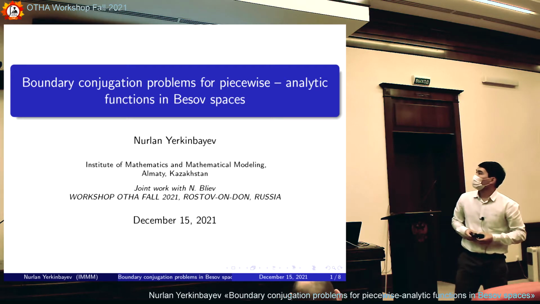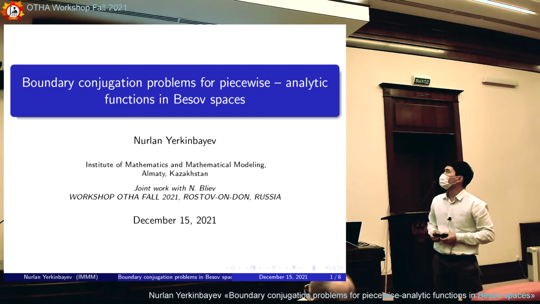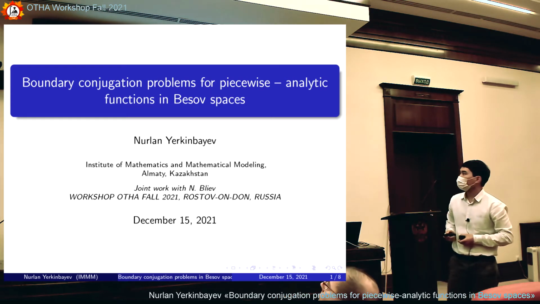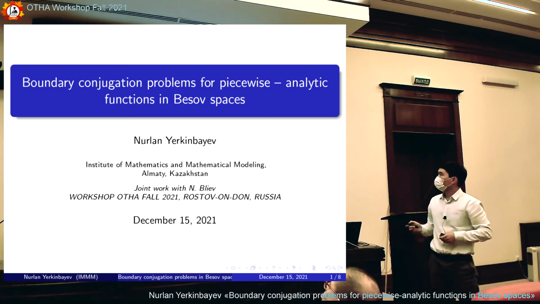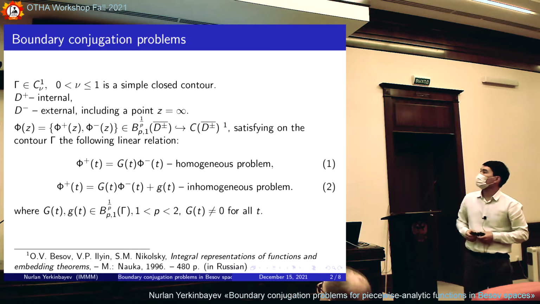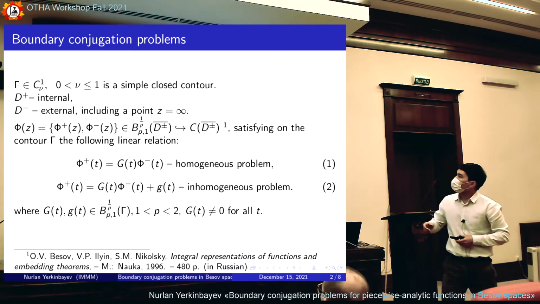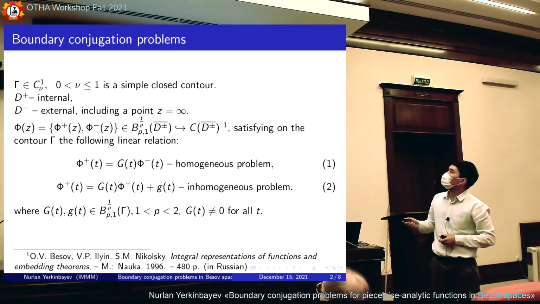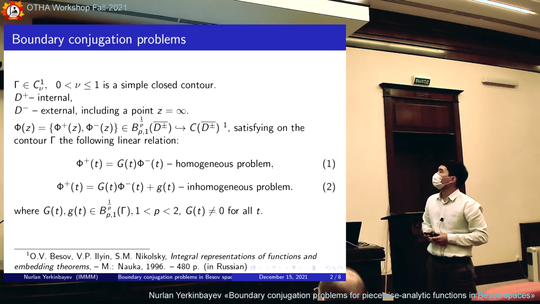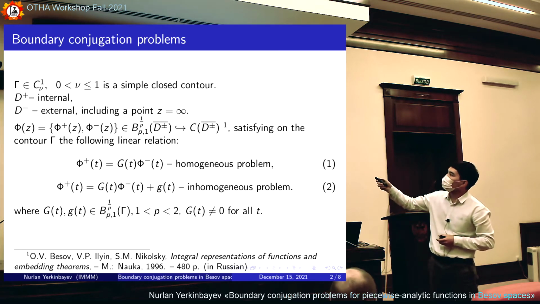So today I would like to talk about boundary conjugation problems for piecewise analytic functions in Besov spaces. Let's introduce the definition of boundary conjugation problems. Here, let gamma be a simple closed contour, and here nu satisfies this inequality,